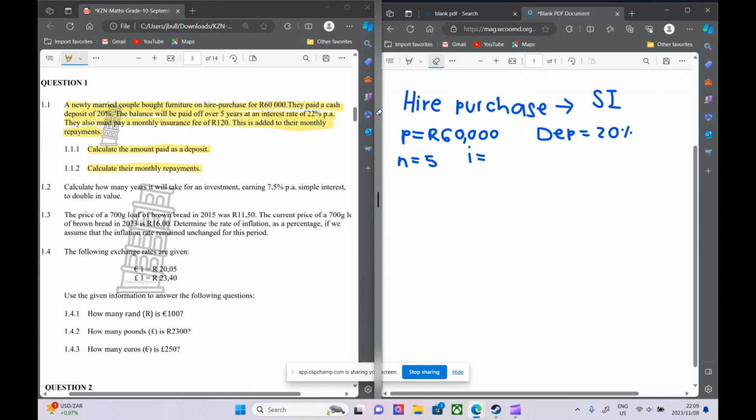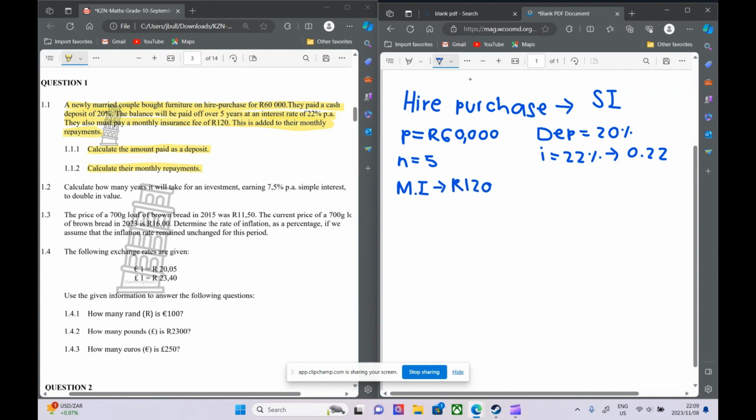Sorry, let me just write this underneath each other. So interest, or I, is 22%. Remember, we usually use it in the form 0.22, so we go 22 divided by 100. That's how we usually work with it. They must also pay a monthly insurance fee of 120 Rand. So let's just say monthly insurance is 120. We're just getting a feel for the question. And this is added to their monthly repayments. So question 1.1.1